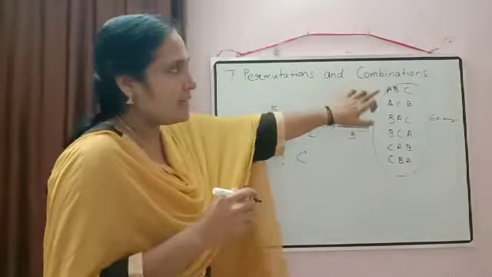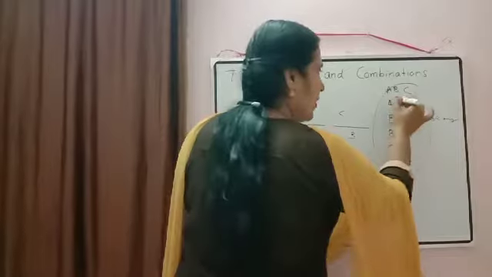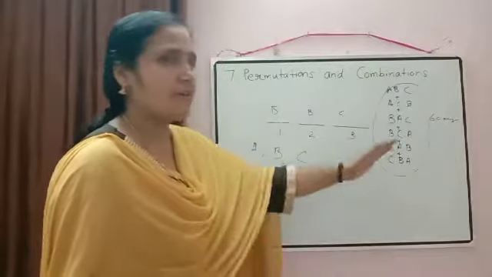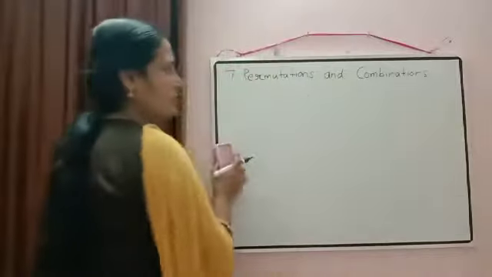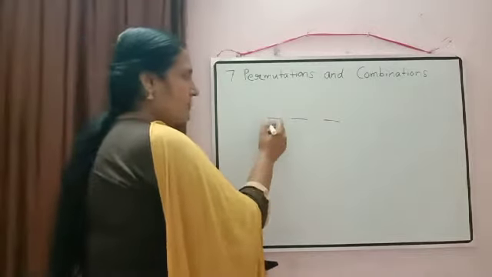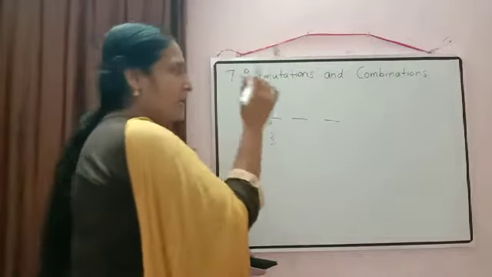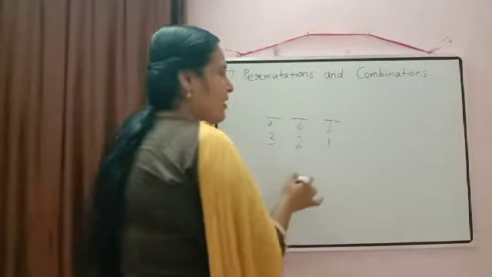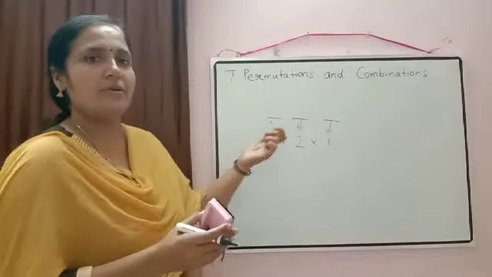So either this can be an arrangement or this can be an arrangement. So when we are saying or, then what we have to do? We have to add. So adding in this way will be difficult for us. So for that, again, we have 3 seats and we have 3 students. The first student can sit here, here or here. So the first place can be filled in 3 ways. 3 students are there, so anyone can sit here. Then the second place can be filled in 2 ways and the third place can be filled in 1 way only. So total number of ways will be equal to 3 into 2 into 1.